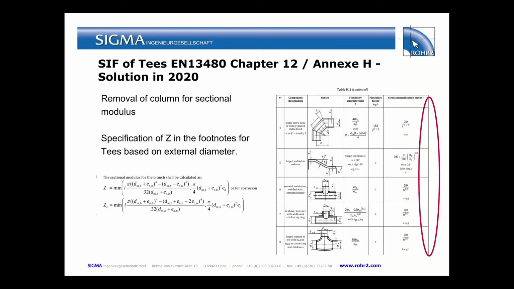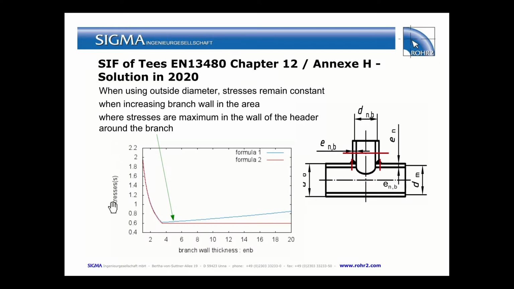Now, how was this solved in the new approach? First of all, the column with the sectional modulus was removed and replaced by a footnote, and in this footnote the sectional modulus is now calculated as the outer diameter of the branch pipe. So this is corrected by using the outer diameter, and this translates to the stresses